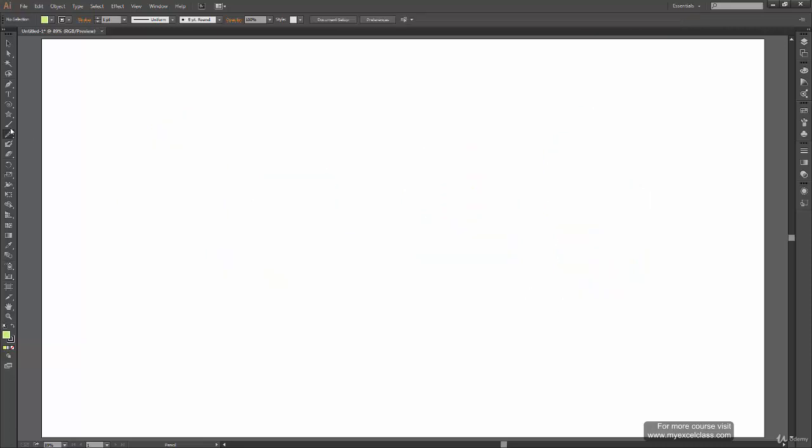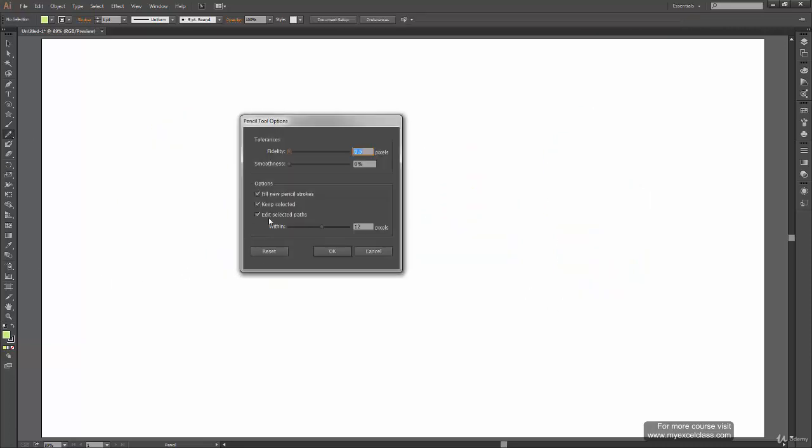For now, let's see the next option we have in the pencil tool, that is edit selected path. It has a value of 12 pixels. So if you are within 12 pixels, then it will make some changes to your path. The changes it makes depend on the kind of strokes you are drawing.